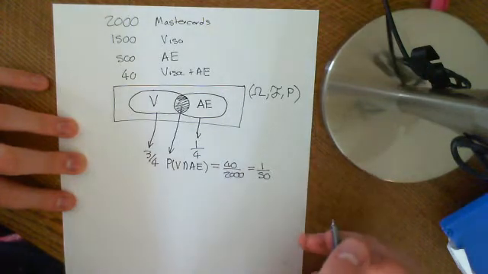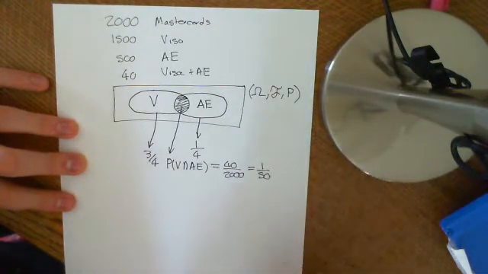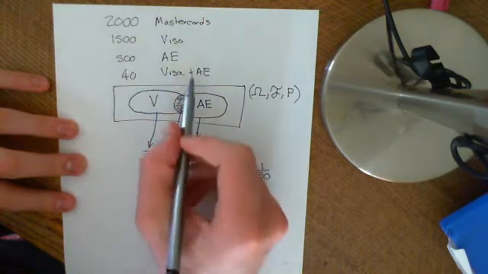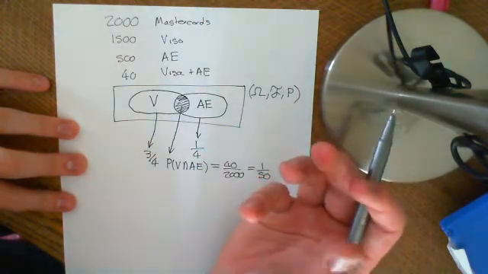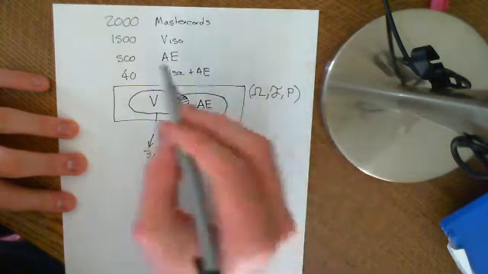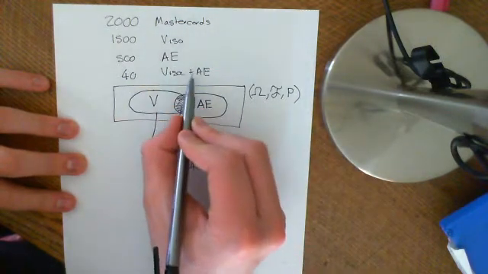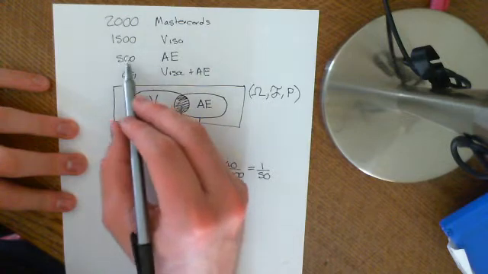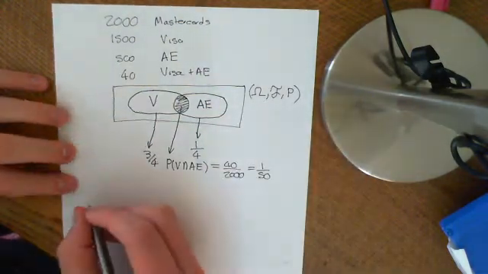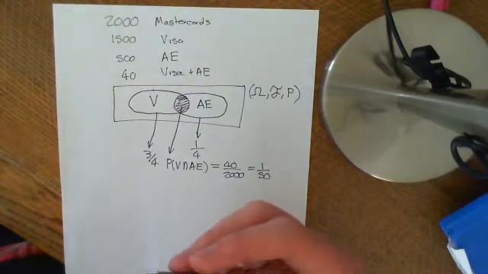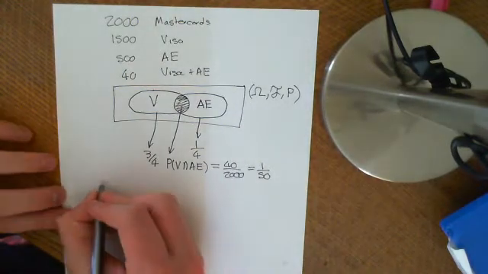Okay. So this is a very basic problem, and you could have done it just from these numbers. I've asked you what is the probability, given that the person I pick has an American Express card, that they have a Visa card as well. Well, there are 40 people with both a Visa and American Express card, therefore 40 out of 500 is the answer. But just to get the feeling for why that is the same as doing the formula,